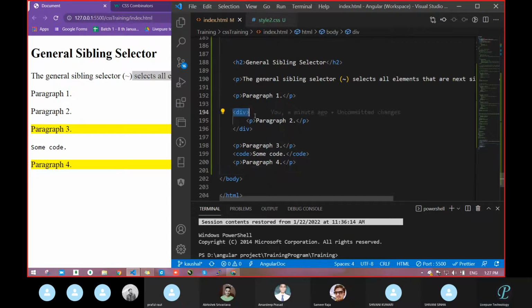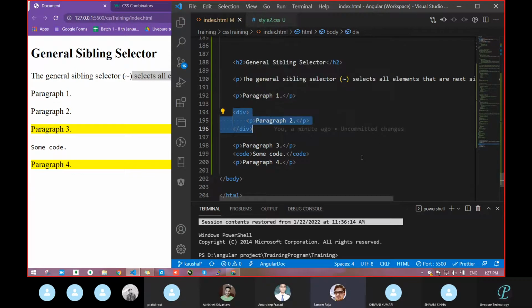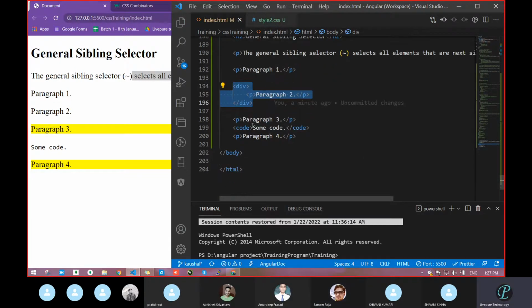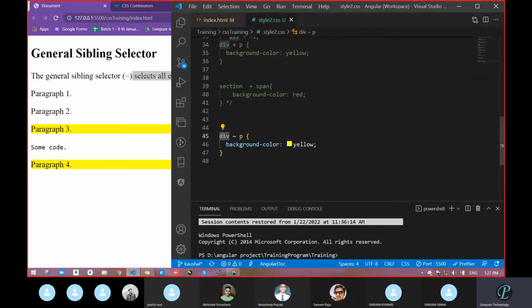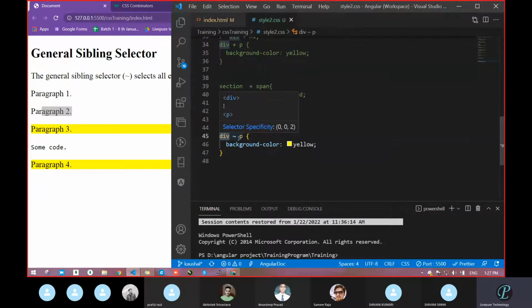This is your div. Which is the next sibling? Line number 198, this p tag. And this will also come under that itself. Next sibling, means this is general sibling. General sibling means whatever is coming after. So see what it had done. It had found the div. First it searched for the div. The div section is this one, but it ignored paragraph 2. See this paragraph, it ignored. And after this, it searched for the p tag.